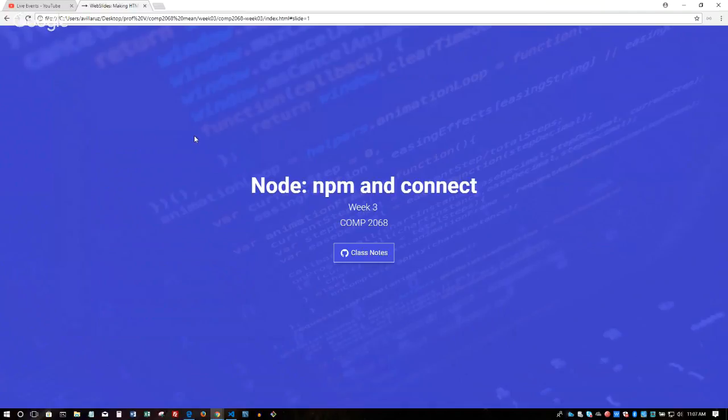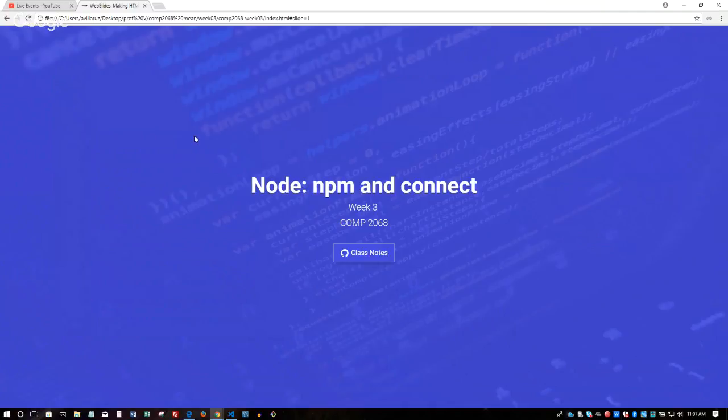Okay, so today's class. I know last week we focused more on JavaScript on the client side, but today we're going to be more back on the Node side, so server side. Today we're going to focus more on NPM. As you know, this whole course is about the MEAN stack, M standing for Mongo, E Express, A for Angular, and N for Node.